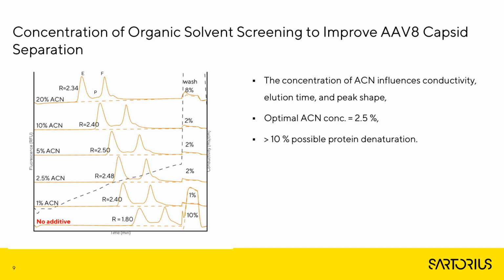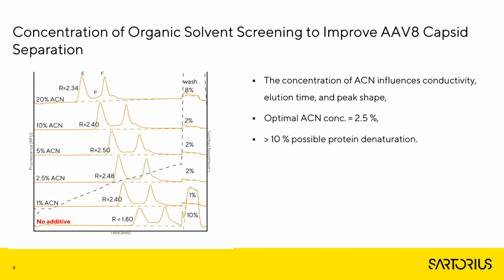At high concentrations of acetonitrile, 10% and 20%, the peaks elute earlier and we also obtain sharper peaks. But not only that, if you look at the chromatogram with more than 20% acetonitrile, we already observed